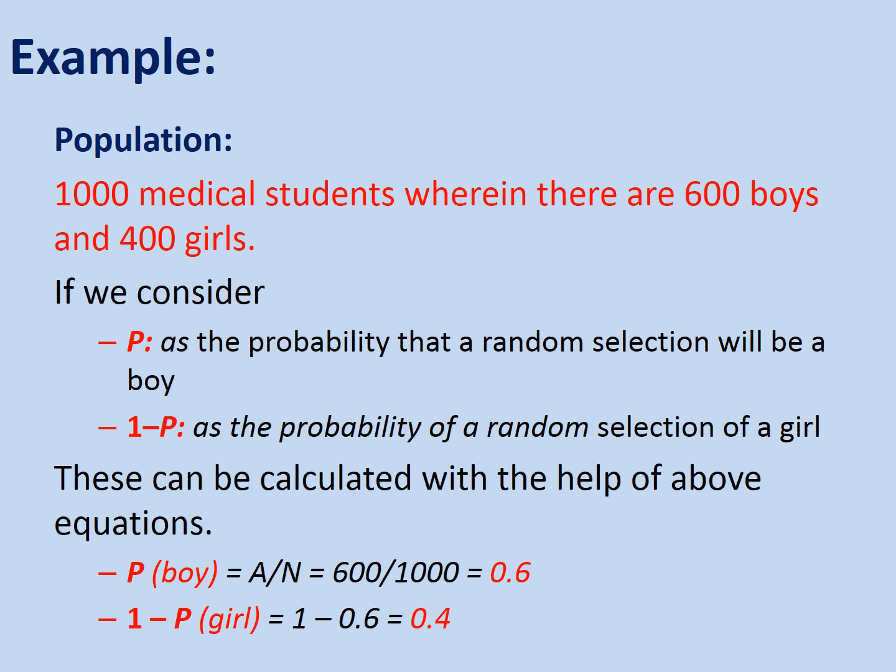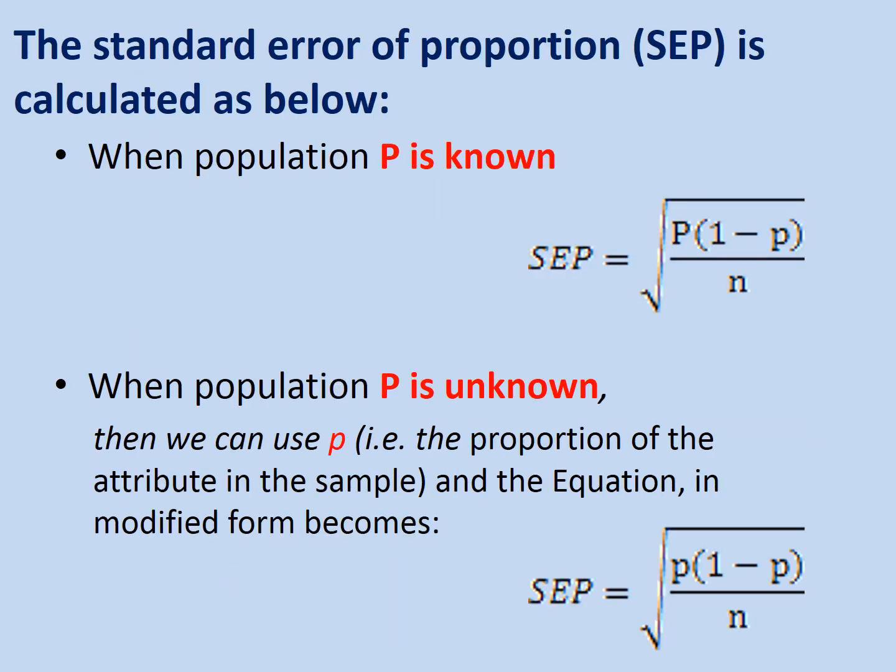So up till now you have understood the concept of capital P, or the probability. You can see the formula on the screen. This is the second formula of today's session, because the first formula is about the standard error of mean that you have already written into your journal. So write down this second formula on the same page or the same part of your biostatistics journal. So let's understand the formula for the standard error of proportion first.